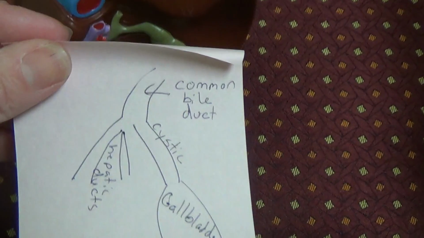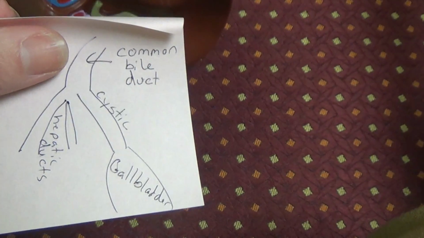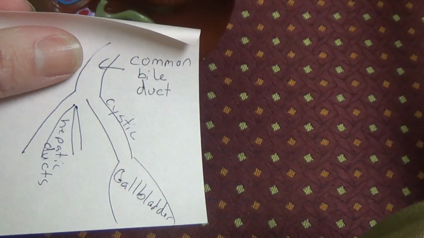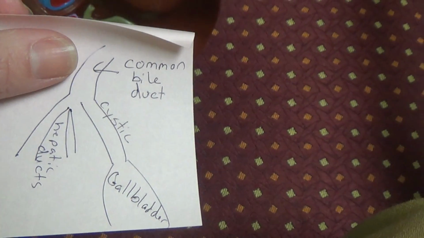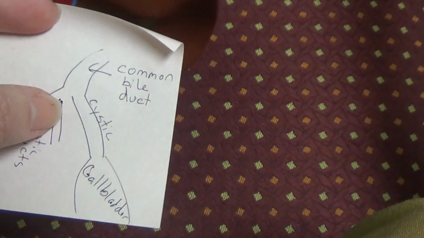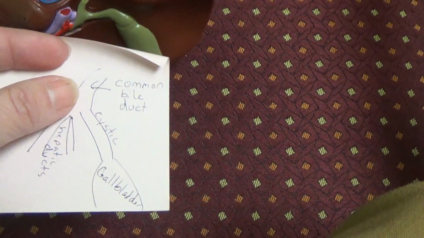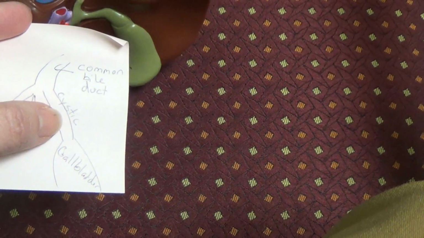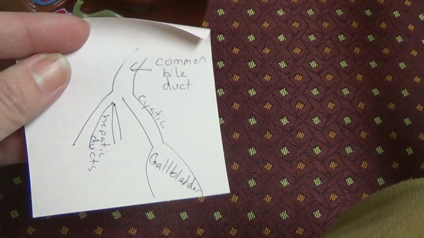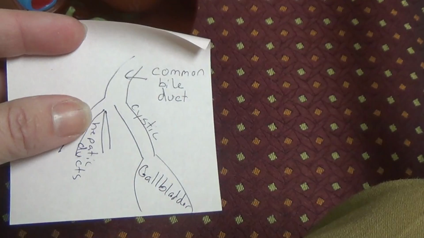Alright. Common bile duct, cystic duct draining the gallbladder, hepatic ducts are draining bile from the liver. Now in draining, that material will continue to go down the common bile duct. And if it starts backing up because that's not open, then it will back up into the cystic duct and into the actual gallbladder. So we need to know, and all of this is in green